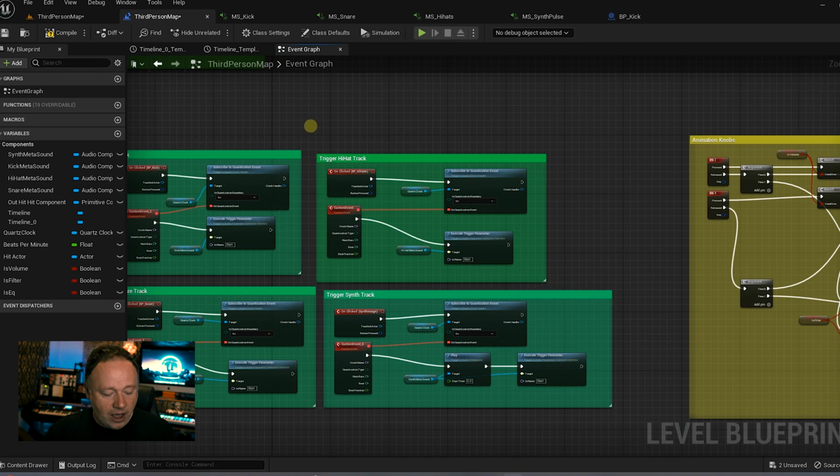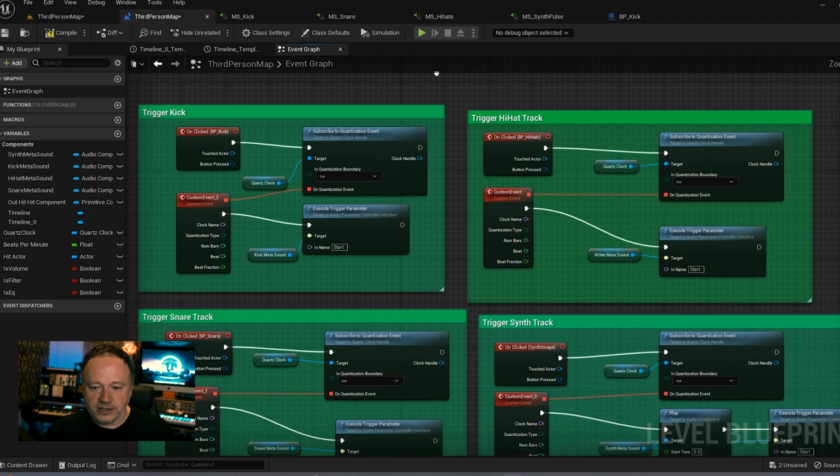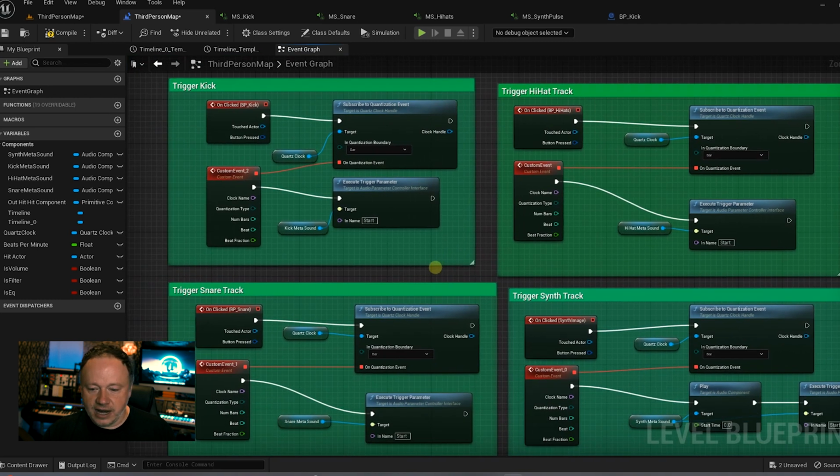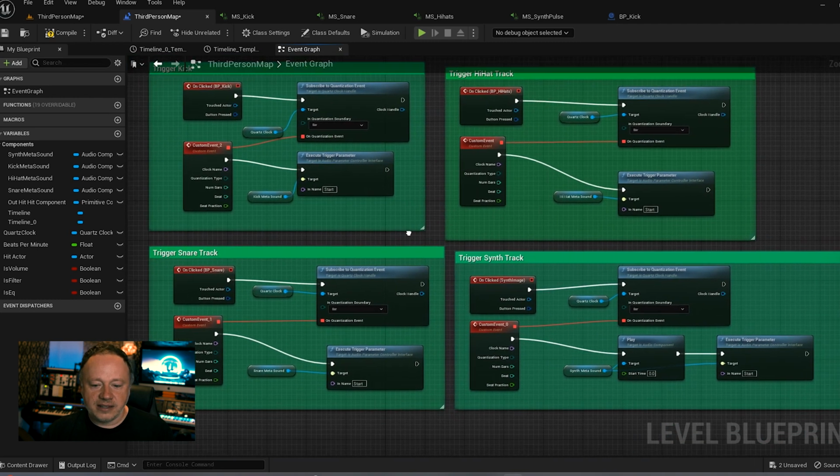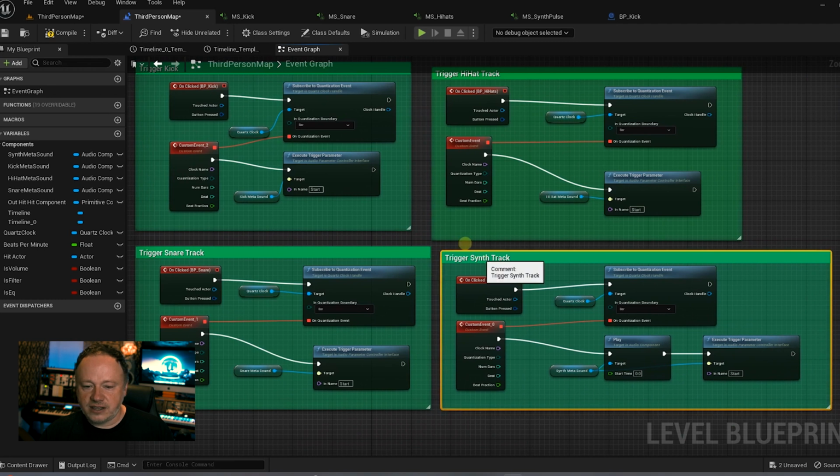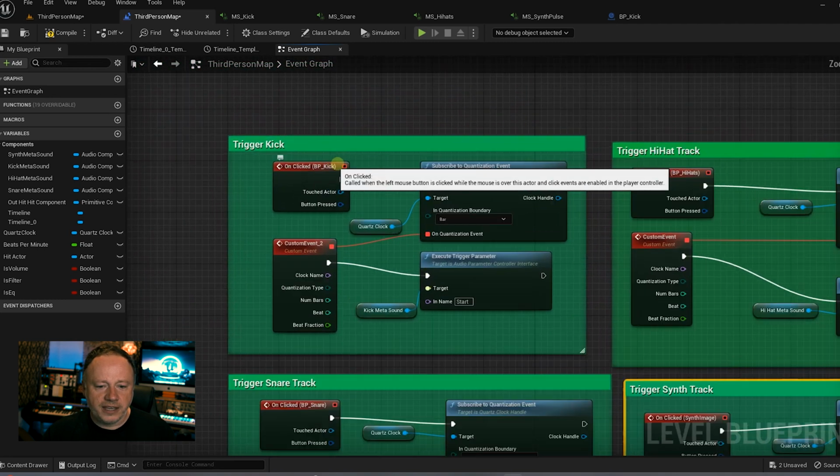Okay, now let's look at how we actually trigger the instruments. We have 4 instruments. We have the kick, hi-hat, snare, and synth. Kick, hi-hat, and snare all work exactly the same. The synth is a little different. So on the kick,